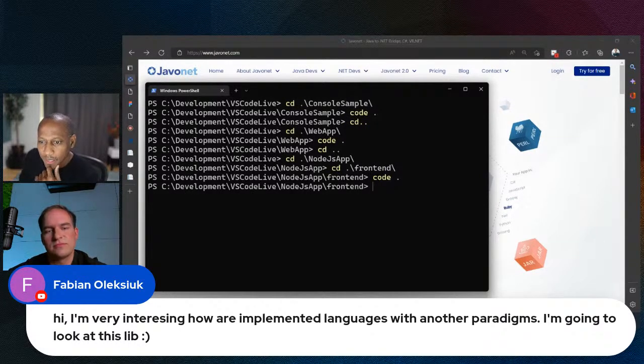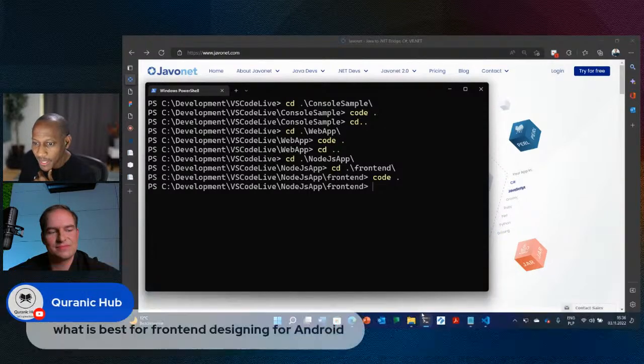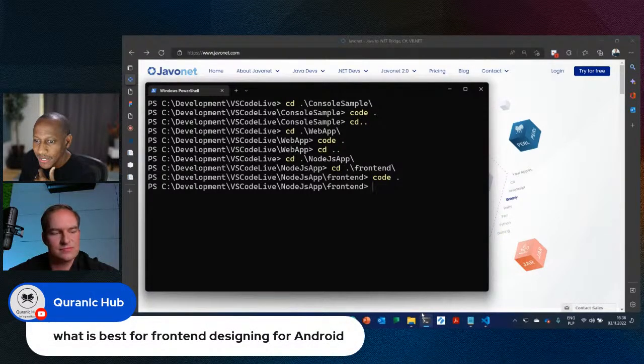Okay. Maka goes, I don't know if that's related to what we saw earlier. Quaranic Hub asks, what is the best for front-end designing for Android? I think this is completely unrelated. That's not that far away because we get many questions about mobile support, but right now it's not working on the mobile platform.